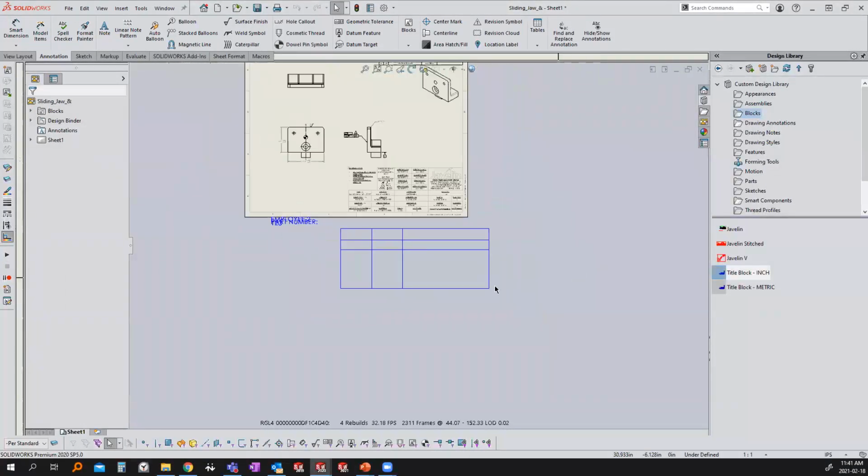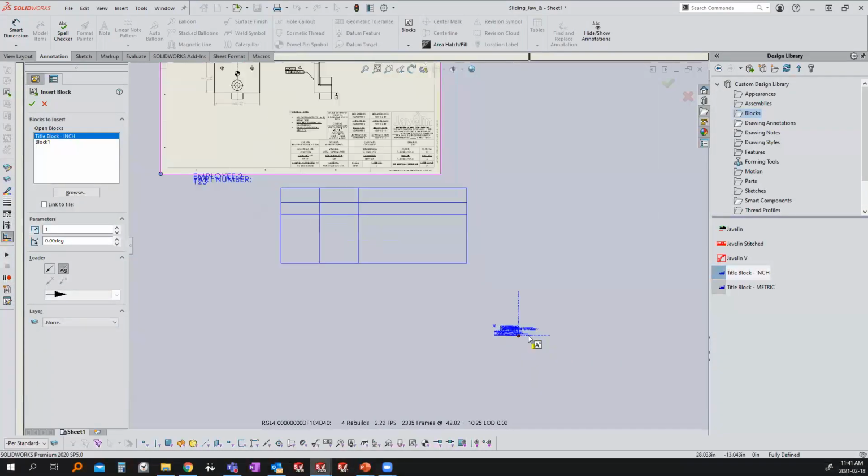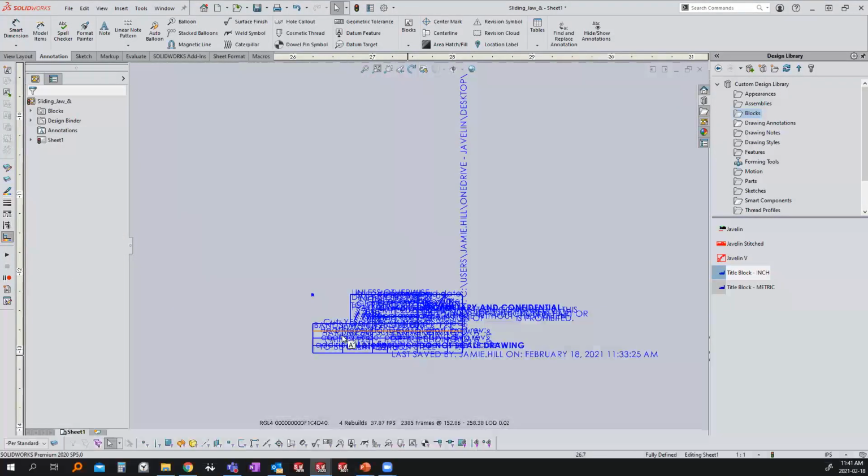When we go to our next size, so say I go from an A to a B size, I can just drag in this block. This will be kind of my standard A size. This is the one I'm using. It looks like a bunch of gibberish right now, but